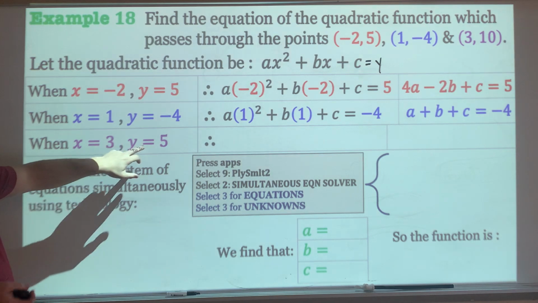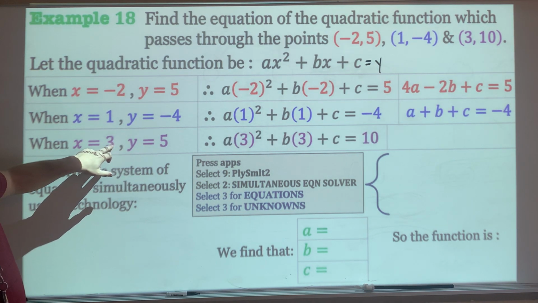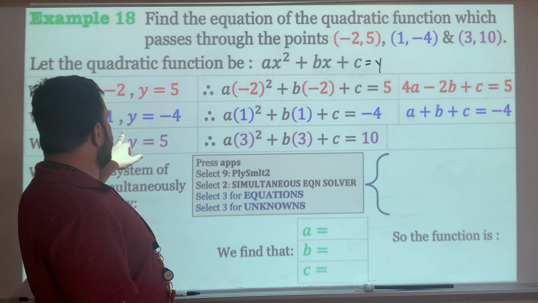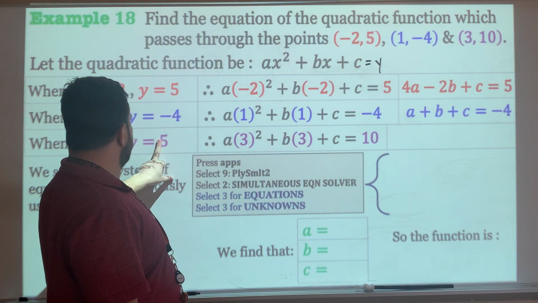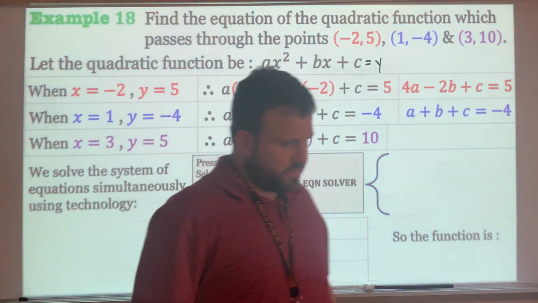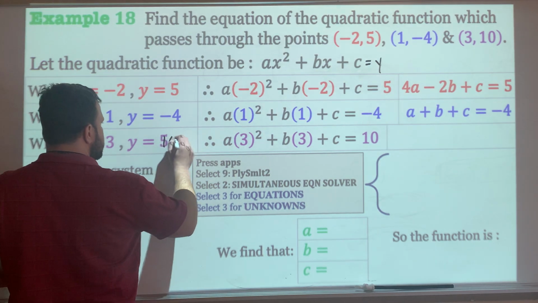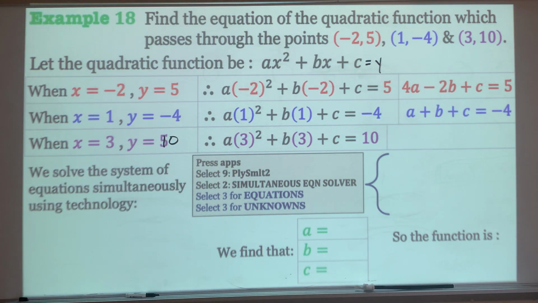C. When x is 3, y is 5. So we're going to plug in 3 for x. A times 3 squared plus b times 3 plus c equals 5. Let's just say 10, I think. Equals 10. So it equals 10. All right, so what you're doing there is, now I know it doesn't equal 5 because